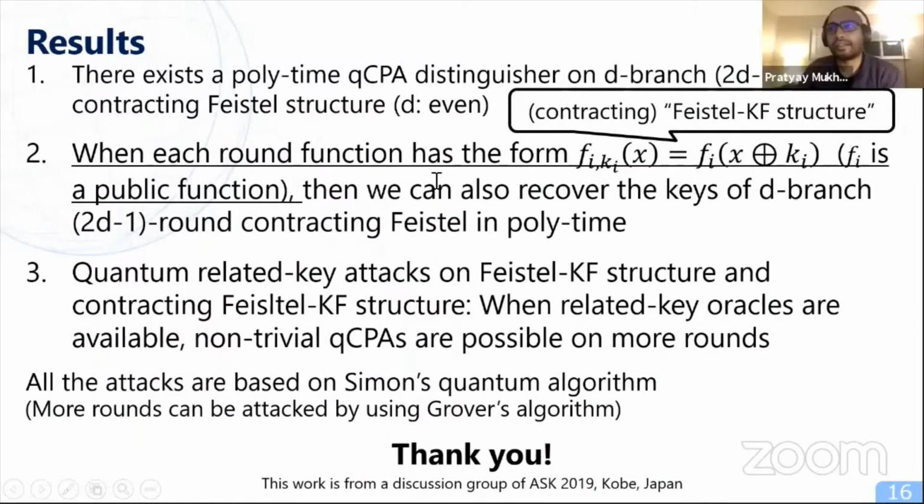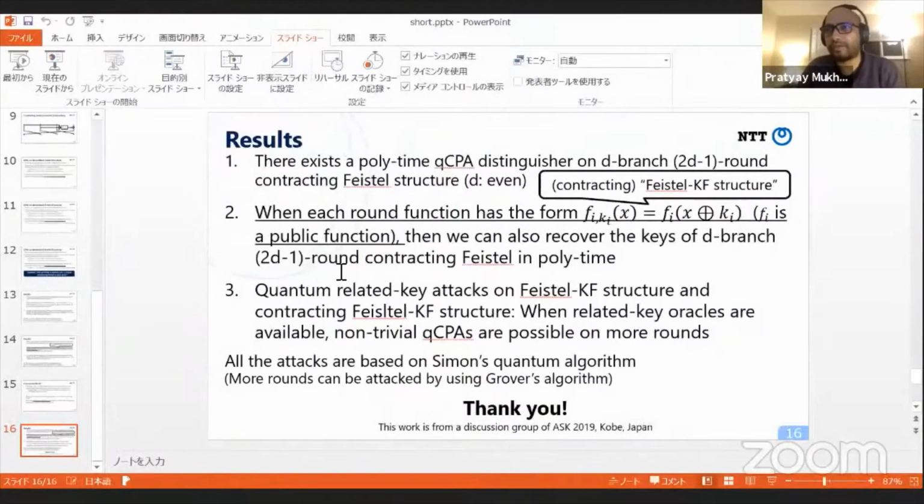The related key attacks you used, is it some particular relation that you exploited, like linear or quadratic or something? Could you please say it again? I'm sorry, I couldn't hear. Oh, sorry. I mean, the related key attacks you use, the related key family usually belongs to particular functions like linear or quadratic or affine. So do you have any particular class of related key that you exploited in this?